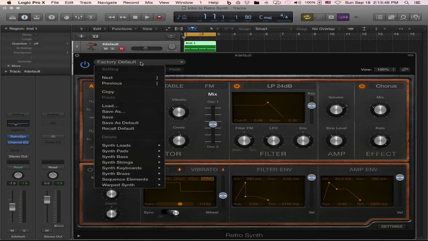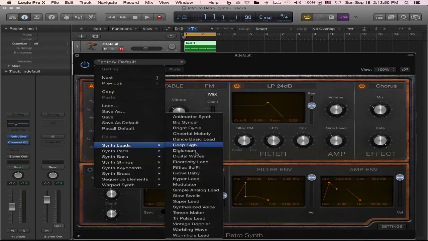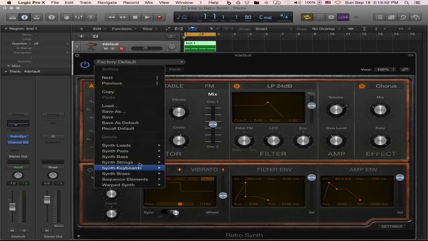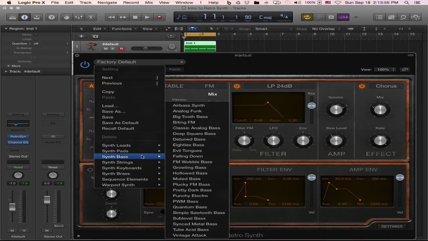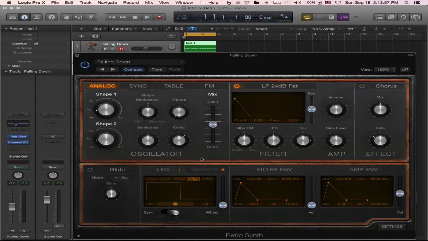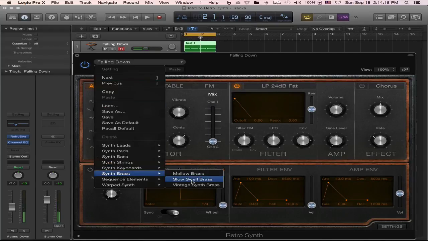And I didn't mention this in the ES1, but you have some presets. The Retro has a lot of presets as well, a pretty good amount. So I would suggest that you experiment with that as well. You can see how the parameters are set up, and then from there start changing stuff around and tweaking some of these presets